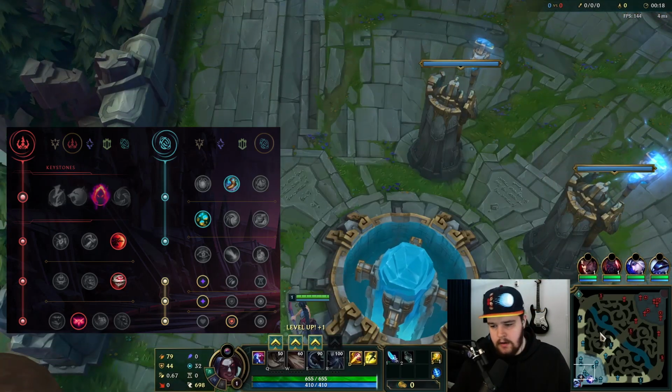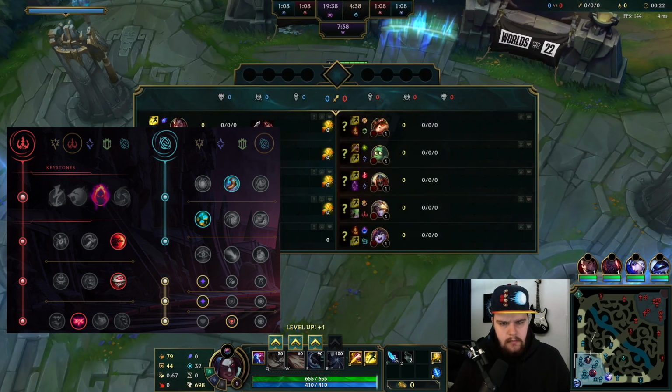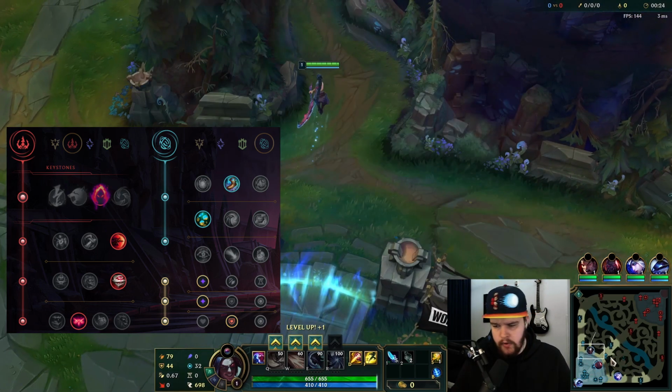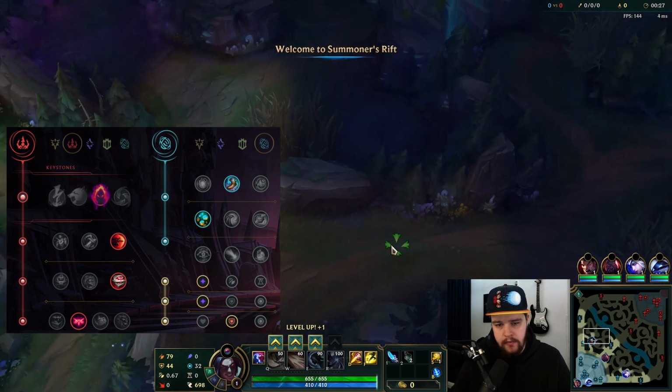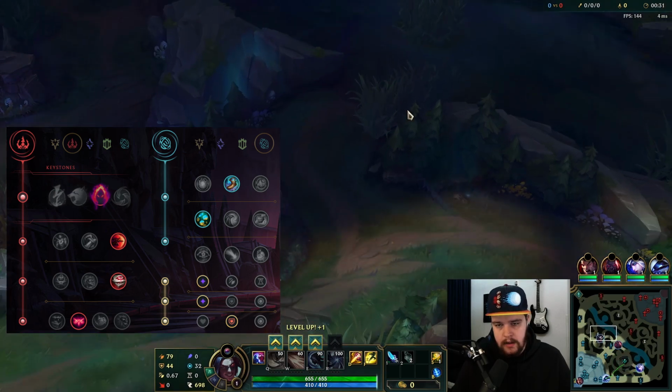Alright, time for a blue Kayn game. I will be playing against an Amumu here, which is a perfectly good matchup for me. Not too much of an issue at all. Camp doesn't invade, and he will not...